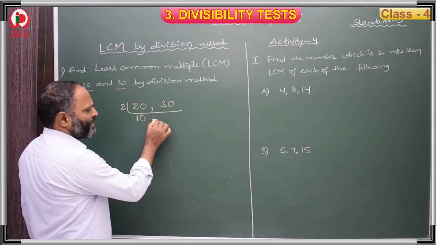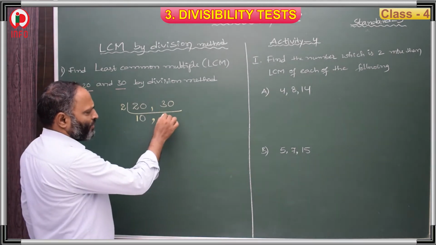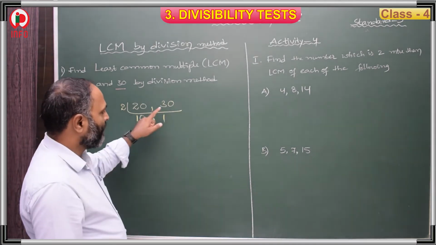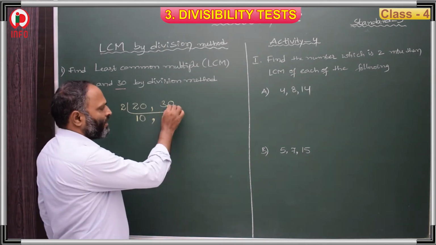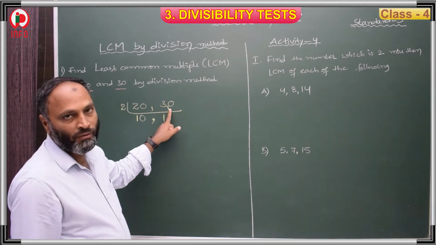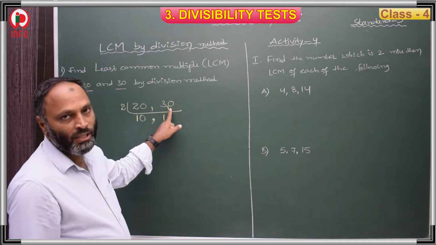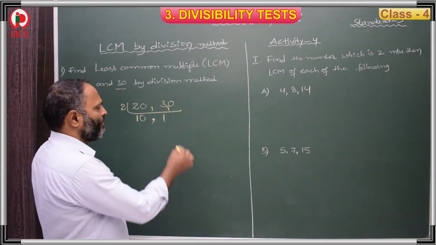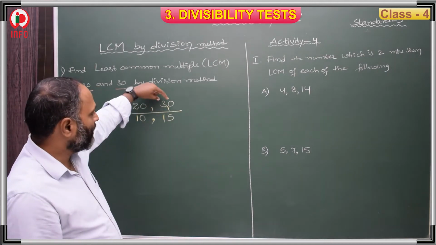In the same way, in the 2 table we take 3 first. 2 ones are 2, and here 3 is there. The difference between 2 and 3 is 1. So it becomes 10. That difference 1 we keep here, and 10. Then when we get this 10 in the 2 table, 2 5s are 10. 2 5s are 10. Once again 30.